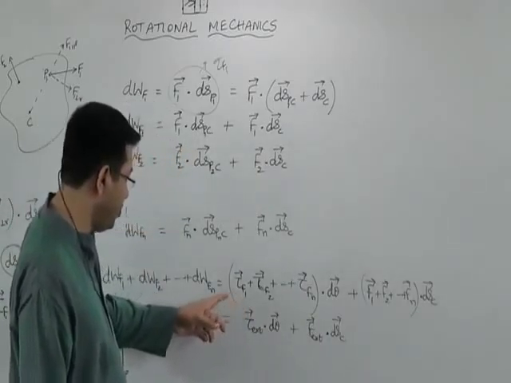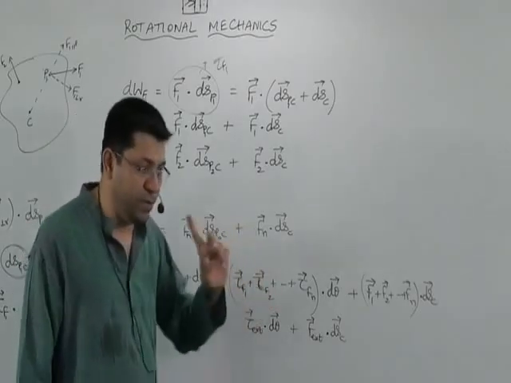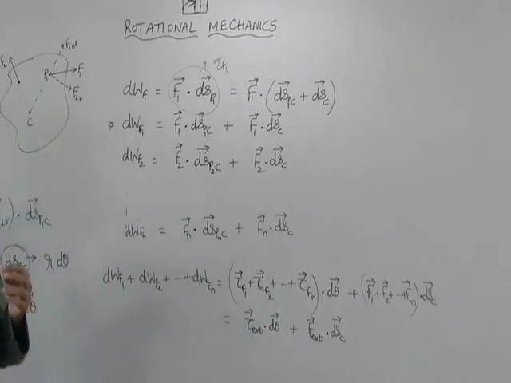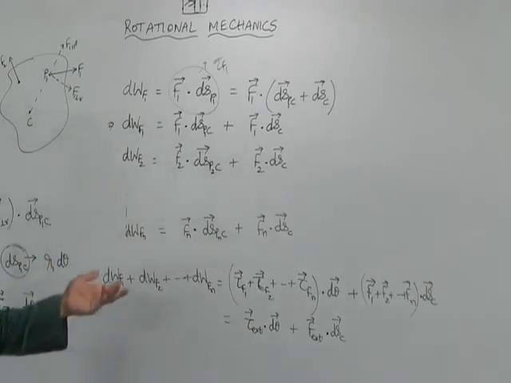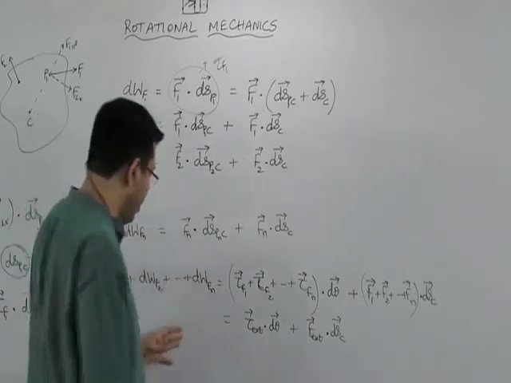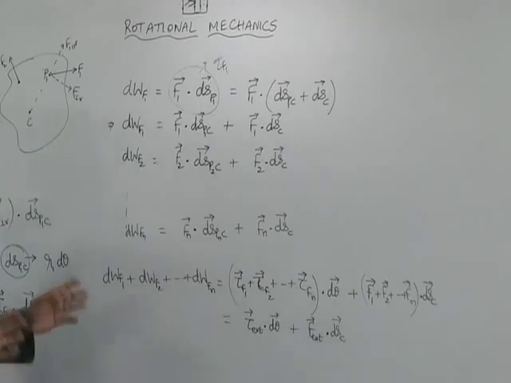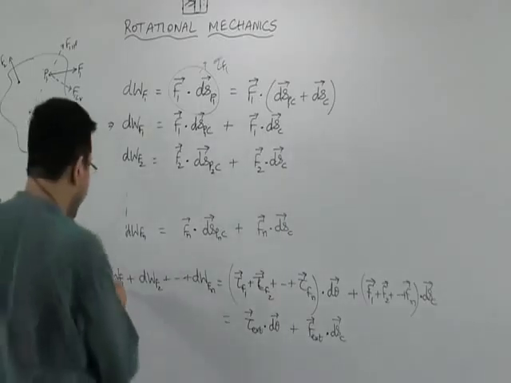Then what about this component? We have already derived for system of particles that the net torque provided by all the internal forces on the system of particles is 0. So if we extend for a rigid body, then the net work done depends only on the external force, and if you integrate, you